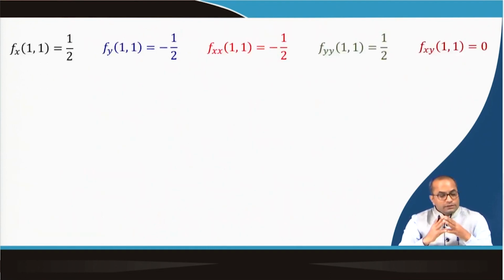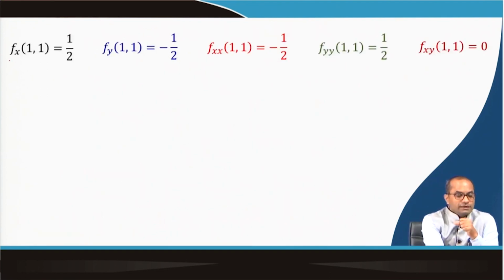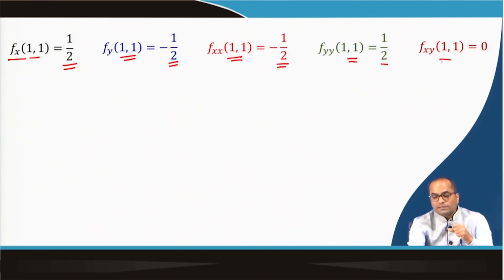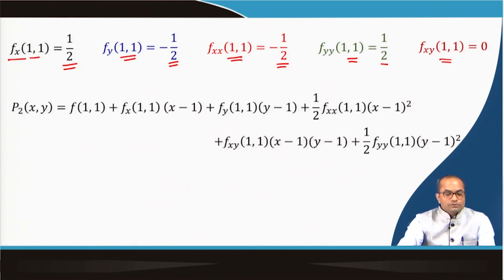Okay. So, having this, now we have f_x at (1,1), the value is half, f_y at (1,1), the value is minus half, f_xx is minus half, f_yy is half, and this mixed order derivative was 0. So, we have all desired first and second order derivatives, which we can now substitute here in the polynomial. So, p_2(x,y) will be f(1,1),